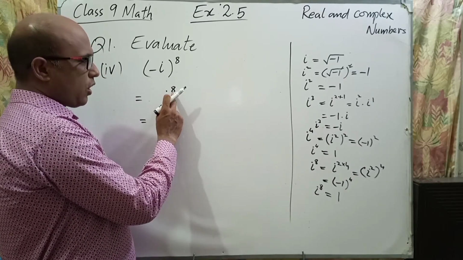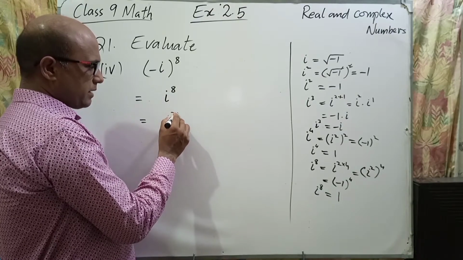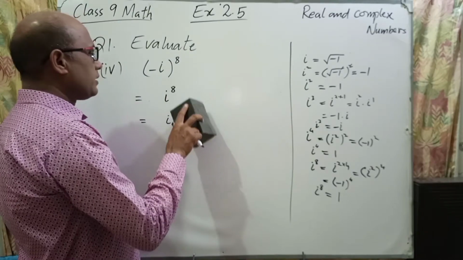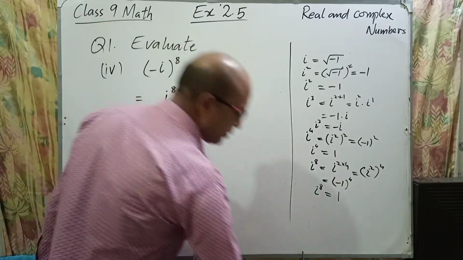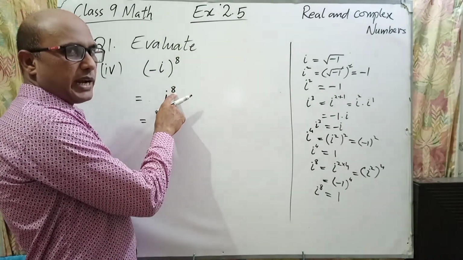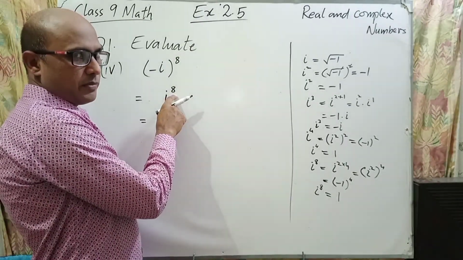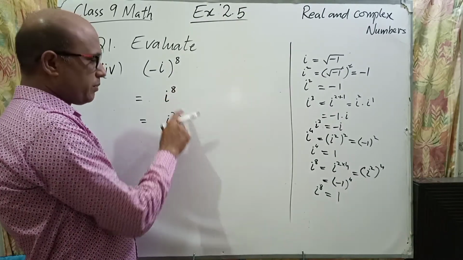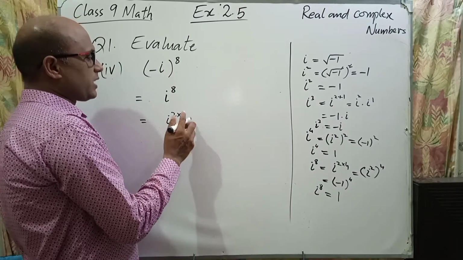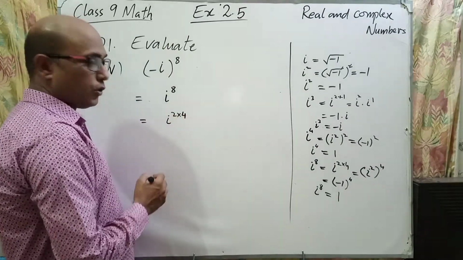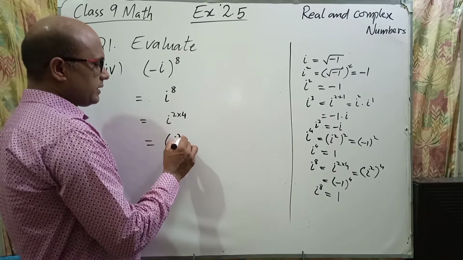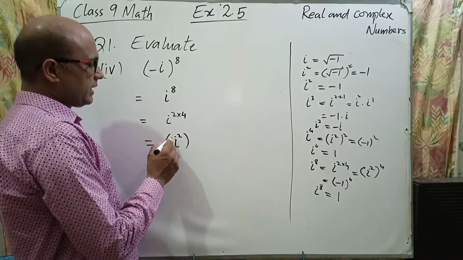Let's make factors of 8. 2 is a must factor. Students, 2 must be in the factors if the exponent is an even number. If the exponent is an even number, first of all we'll write the first factor would be 2 and the second one will be here 4. 2 4s are 8 and we can write it in the form of exponents here.